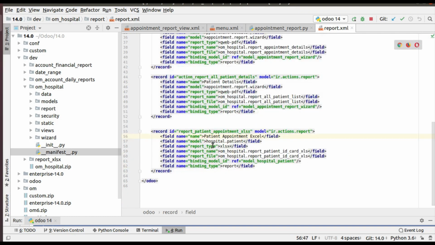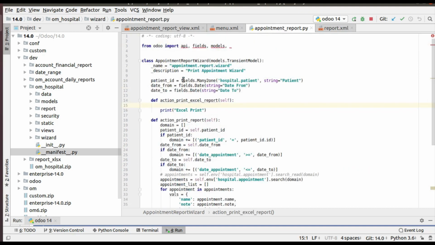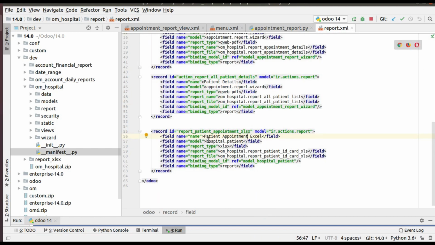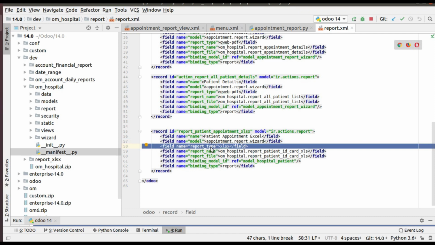Then you have to specify the model name. I'll specify the corresponding model, that is the wizard model itself, hospital appointment report wizard, and the report type is XLSX because you have to generate an Excel report.